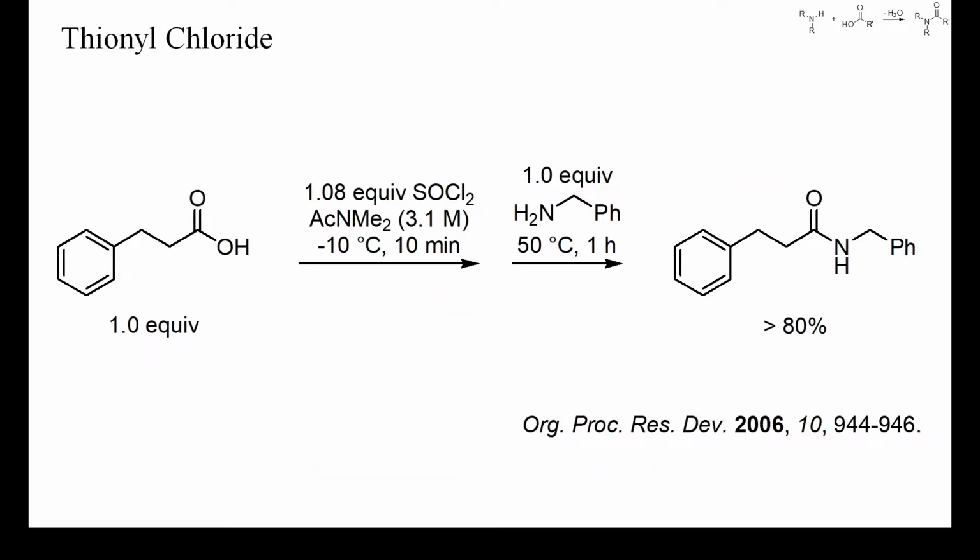Thionyl chloride is the reagent of choice for the conversion of carboxylic acids into acyl chlorides, but this reaction often requires heating in the presence of catalytic amounts of an amide. It has been found, however, that a pre-activation of carboxylic acids with just a slight excess of thionyl chloride is possible in dimethylacetamide at -10 degrees Celsius. The structure of the resulting intermediate was not elucidated, but it could be a mixed sulfinic anhydride or an acyl iminium chloride. This intermediate reacts cleanly with amines to the corresponding amides, without the need of any additional base.